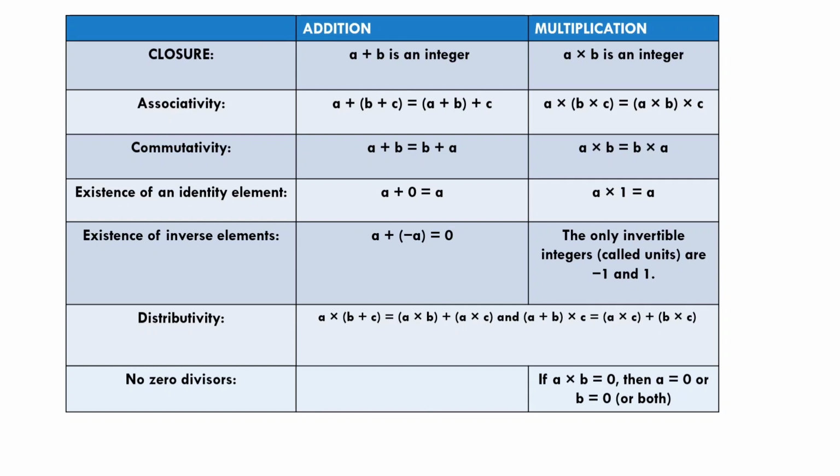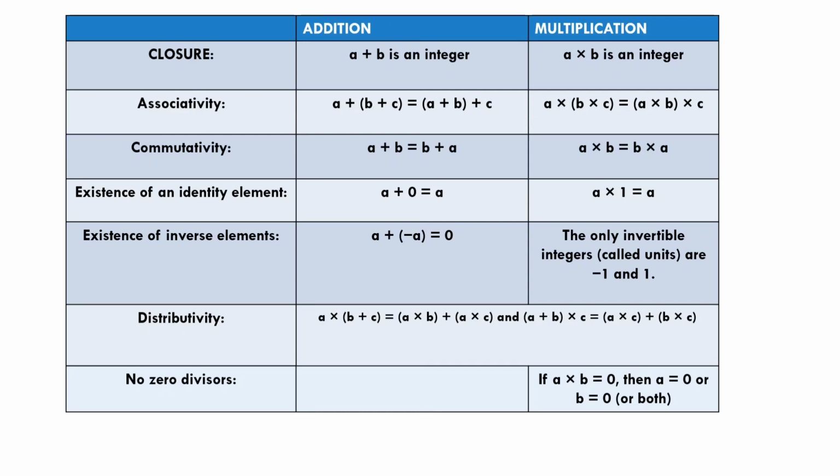When all the signs are multiplication, but if inside the bracket we have to perform addition, then there is a property which is called the distributive property. That is, a multiplied by (b plus c) is equal to a multiplied by b plus a multiplied by c. Next, we have the commutative property,